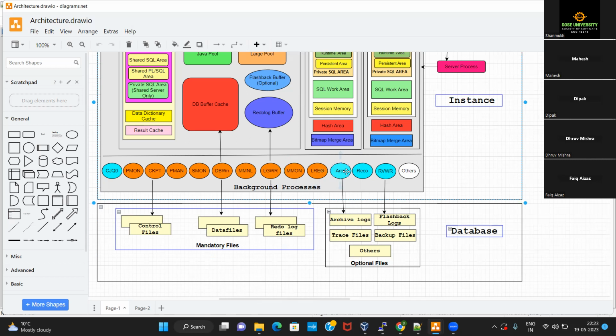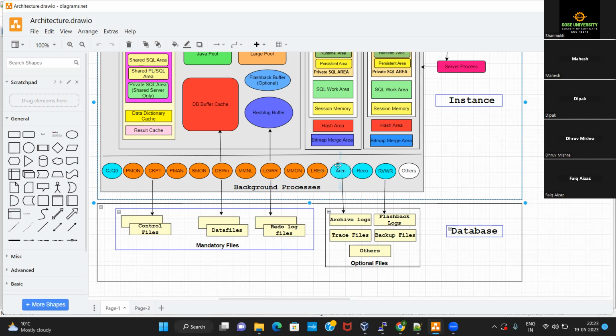Now, interestingly, the archiver background process is actually an optional background process. So what are those optional background processes? Optional background processes are those which are not mandatory to have in your Oracle database. So you can in fact run a database without the archiver process.